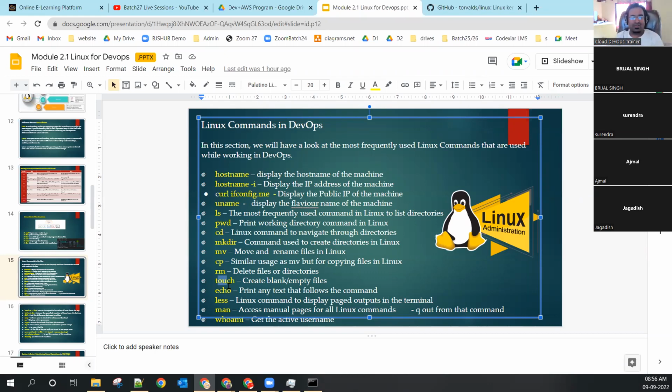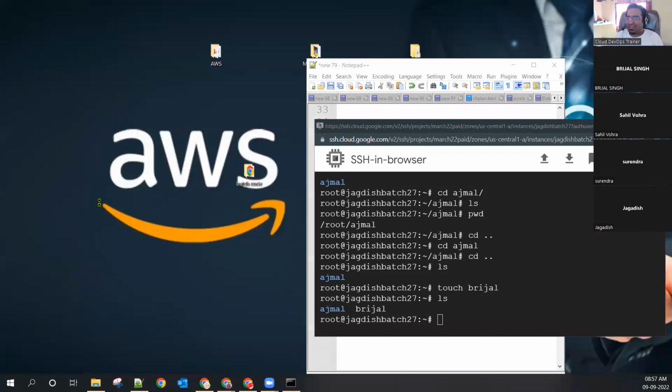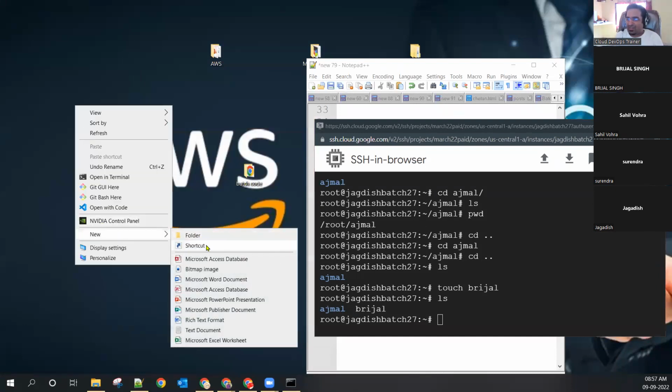Right click and go to New. Okay, yes, we can right click and click on New, and in New there may be an option. We can create an Access database file or a text document file. We can say it's a touch command. Okay, this text document file is a touch command. Chalo, cool.